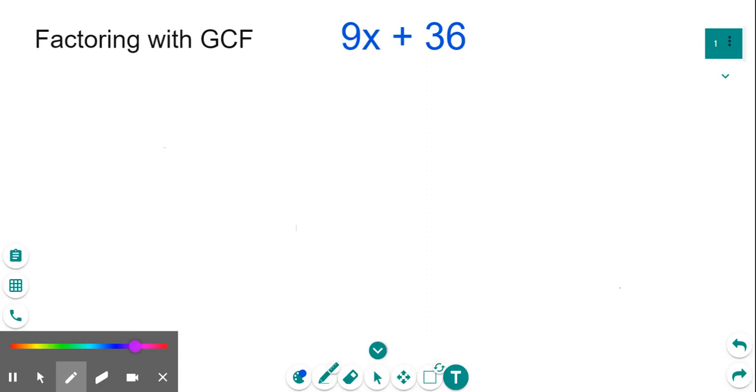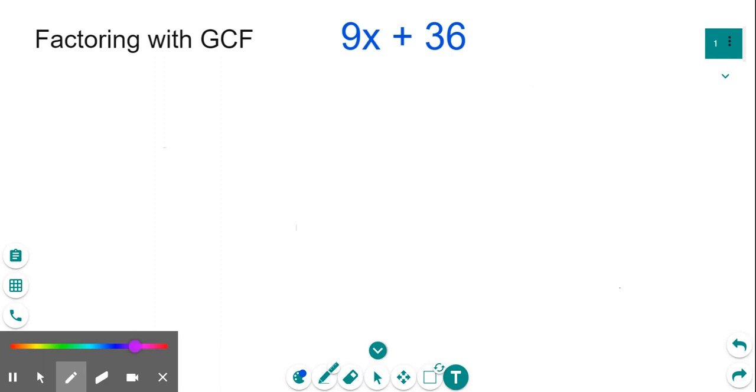We're going to go over how to factor an expression with GCF. So here we have an expression, 9x plus 36. So we're going to first figure out what the GCF is, or greatest common factor. Now, if you're not sure what the GCF is just by looking at it, we're going to do something called